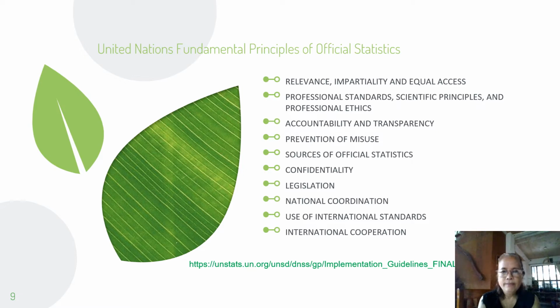And generating reliable statistics or official statistics will require accountability and transparency, and this will have to be declared in your research methods. Okay? And that we prevent misuse of data. How is this possible? How is this done? How is this type of misuse committed? Sometimes deliberately, sometimes inadvertently. Misuse of statistics is when you present data